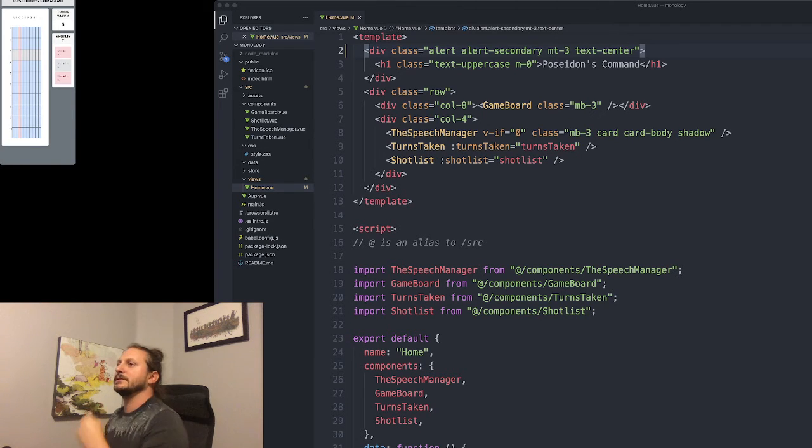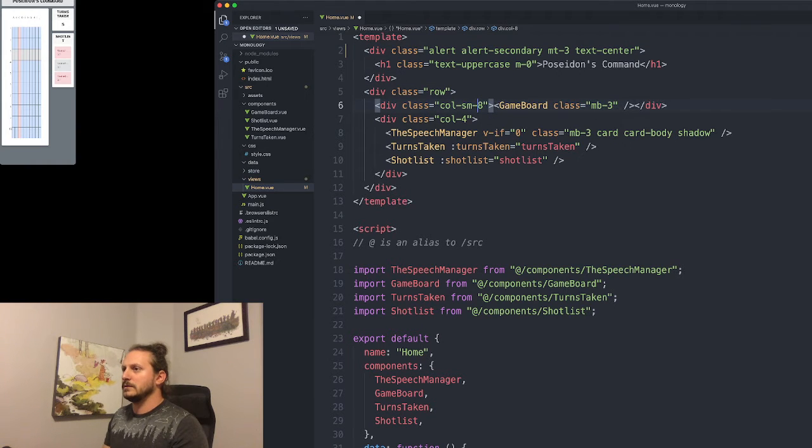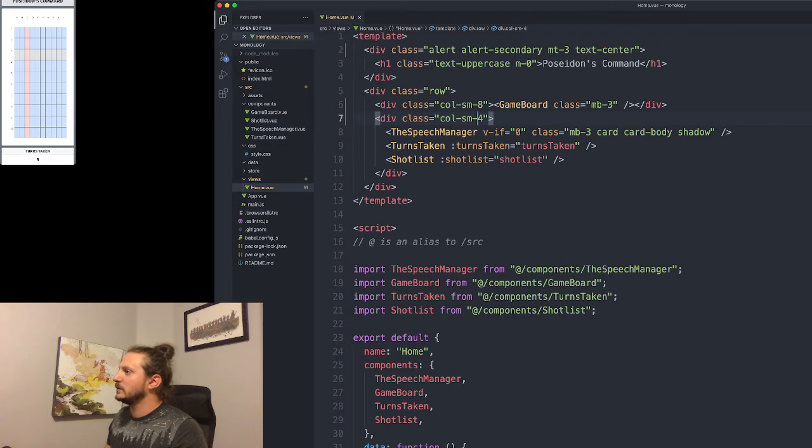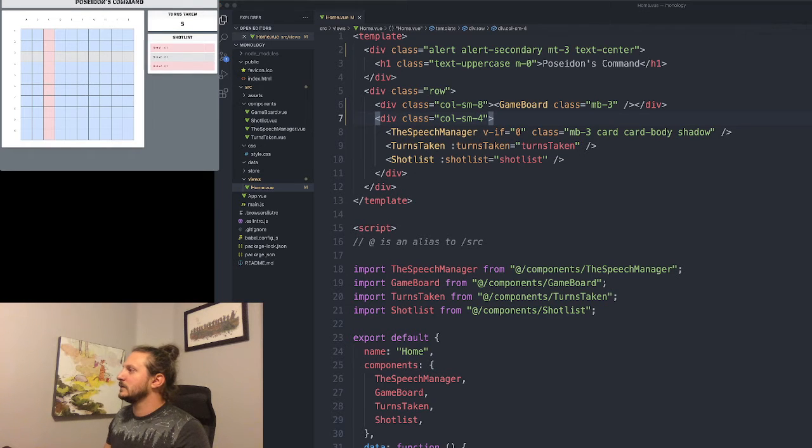Cool. Actually, let me try this. Hold on. If I just go to small, what would it look like on mobile? Not bad. Not bad. Okay. And we bump the other stuff down farther. Cool. I like that. Okay. In terms of